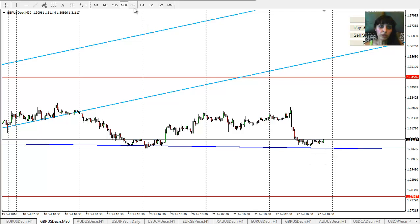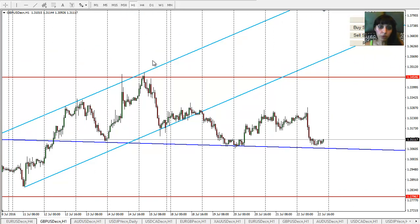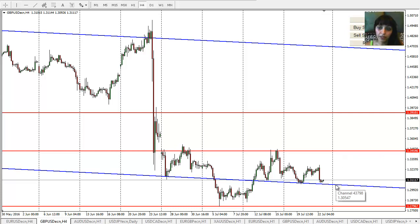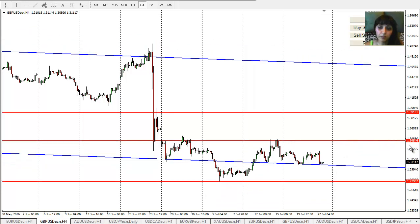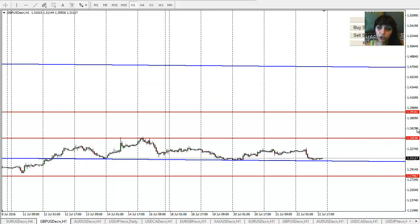So what's now for pound dollar for a new week? I'm leaving all the levels again the same. Possibly for this channel I don't need these levels because it's already worked out well, so we don't really need it. Now we still have the main red one and the main blue one. And again, as I'm saying, there will be some news, so remember about that. Make notes, mark it in your chart, and